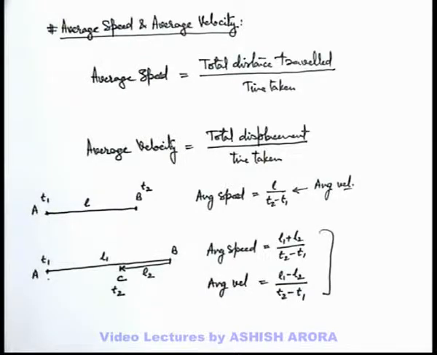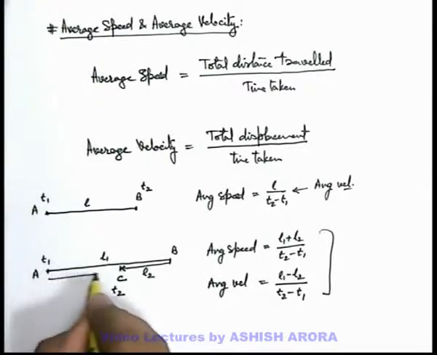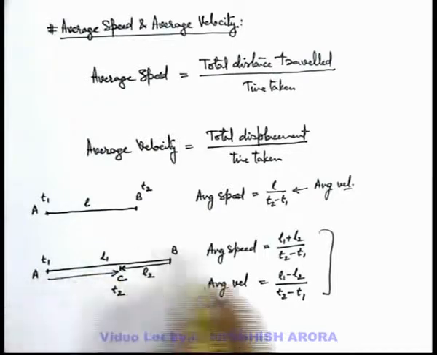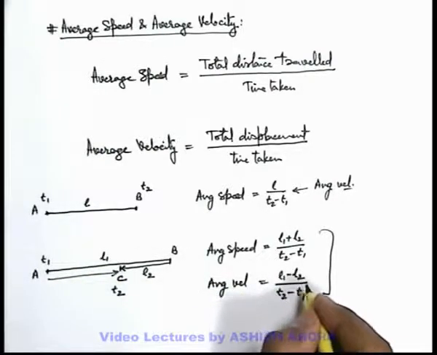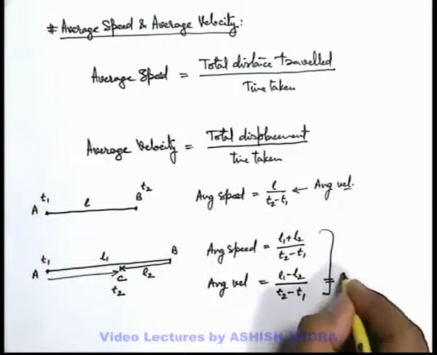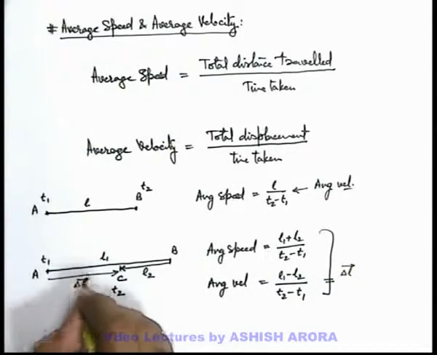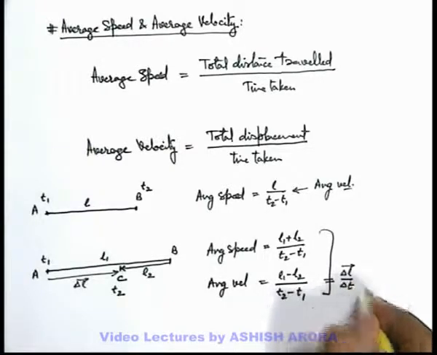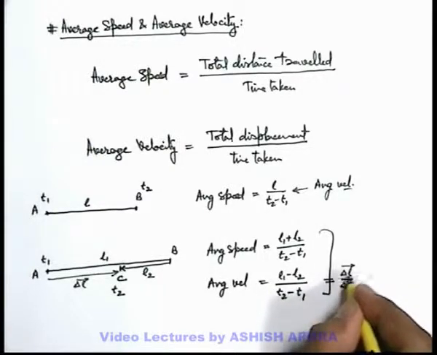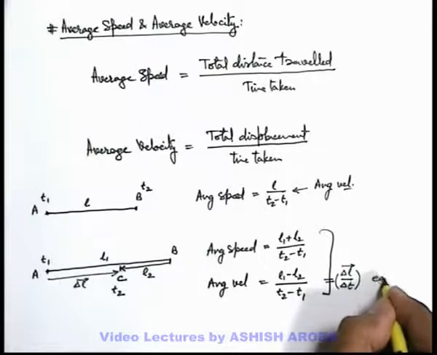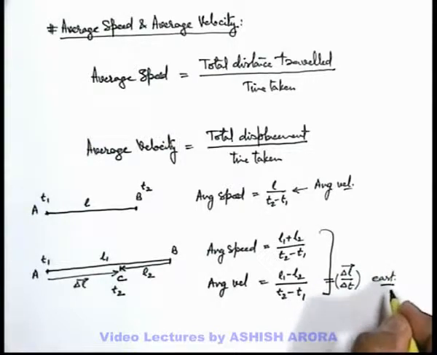In average velocity we must also mention the direction in which it is moving. Here it is moving from A to C, in this direction towards east. So we can simply state in this direction the average velocity, which is given in vector form. And we can write delta L vector, which is from A to C, divided by delta t, or we must write its magnitude and the direction, which is towards east or along positive x-axis.